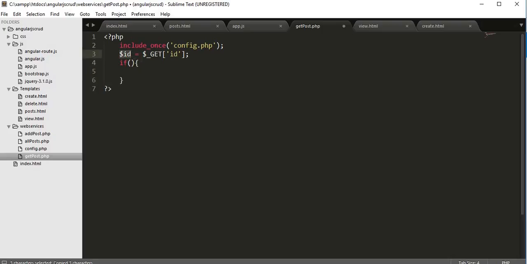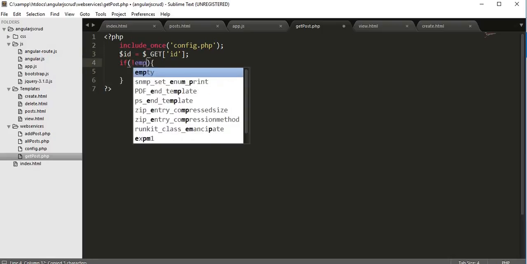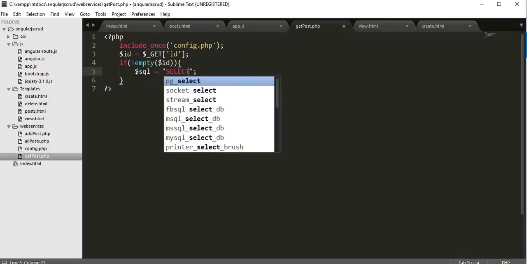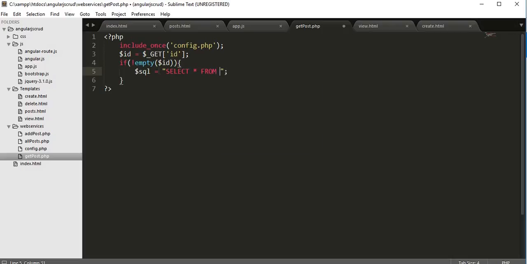If this id is not empty, that means the user has supplied the id, $id. If this id variable is not empty, that means it has some value, at that time $sql equals select star from our tbl posts where id equals $id. Okay, I'm selecting the entire data from the table tbl post where id is equal to